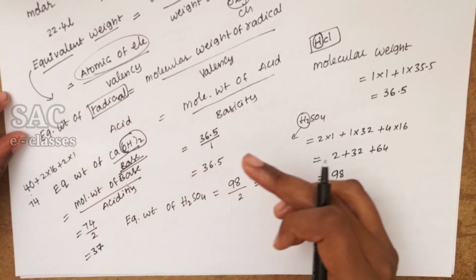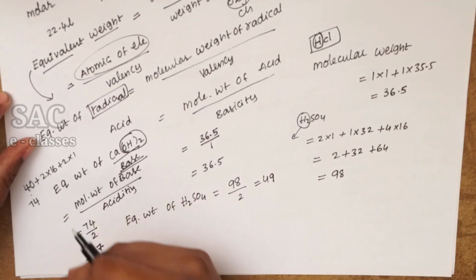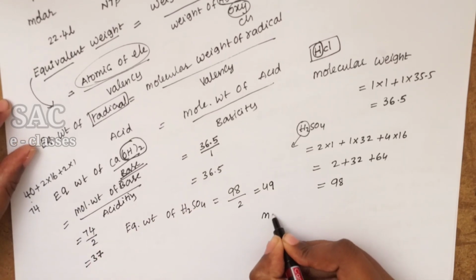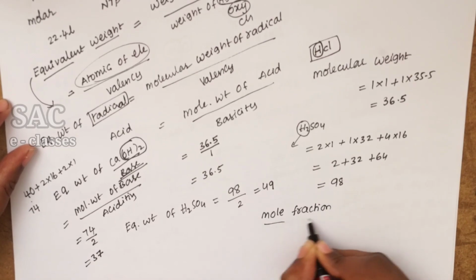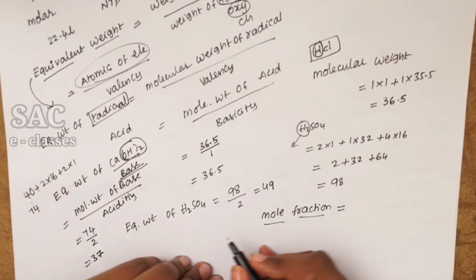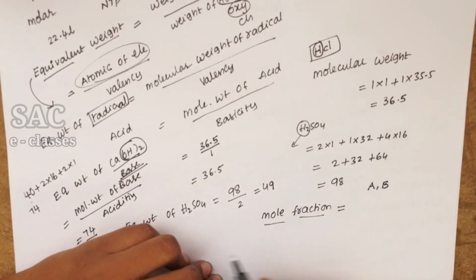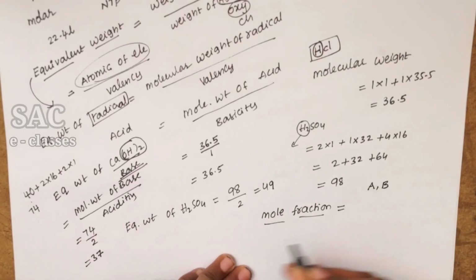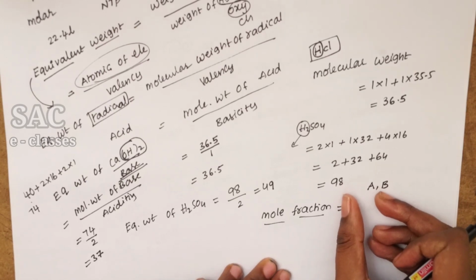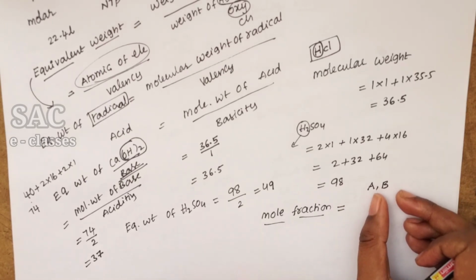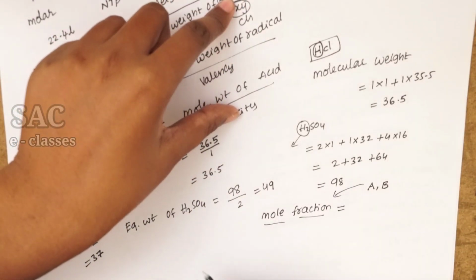when they are given the number of moles how to calculate the mass, and if they are given the mass how to calculate the number of moles. You completed that. Now it is time to learn what mole fraction is. The name itself is self-explanatory. Mole fraction means, in any binary solution, two components A, B may be present in that particular solution. How much portion of A is contained in the solution, how much portion of B is contained in the solution can be calculated with the help of mole fraction.